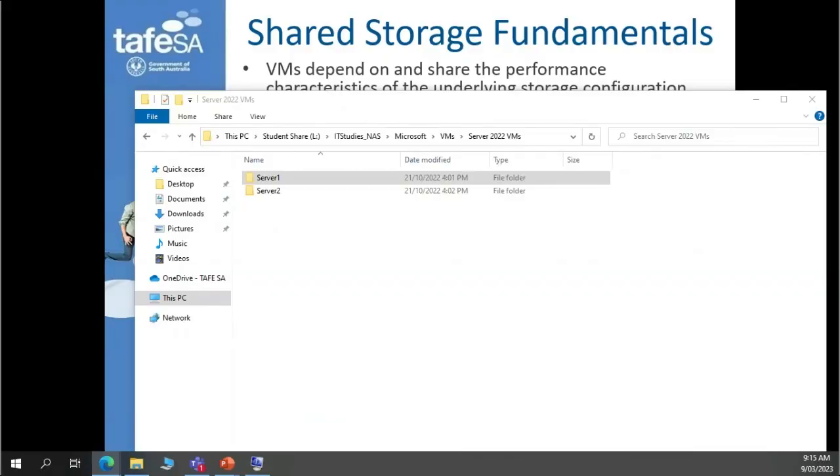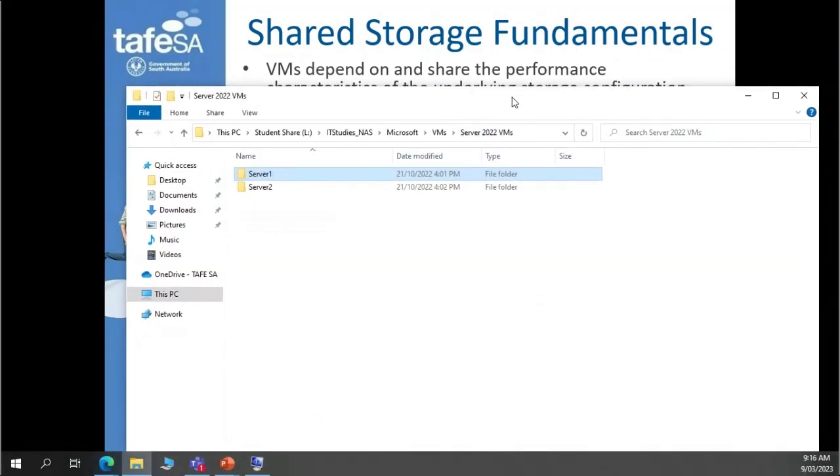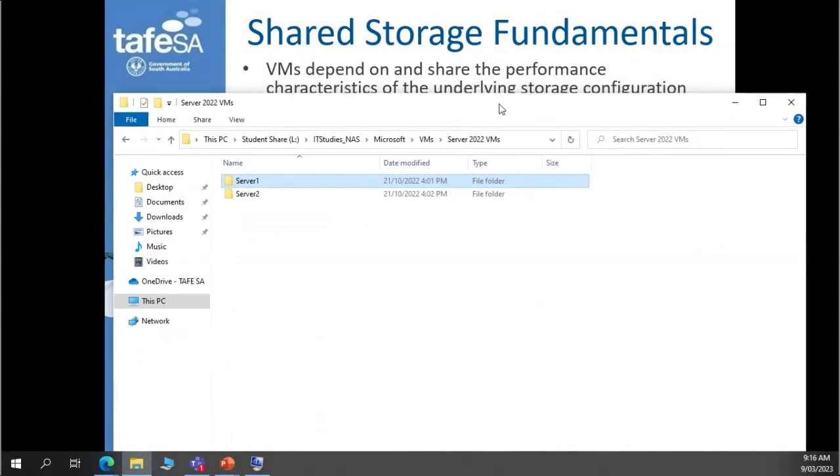We just said that today is the final piece of the puzzle, the final component of the infrastructure we're building. We've got the ESXi, the virtualization workhorses. We've got the vCenter, which is the management server. We talked about virtual networking and connecting them together. And today we're going to look at the storage, which is the final piece before we look at the features of vSphere. The advantageous features such as vMotion, such as live migration,